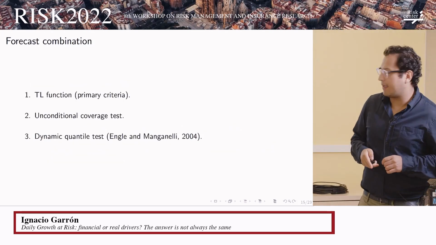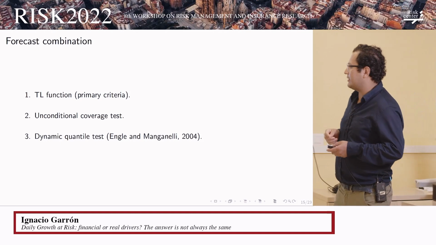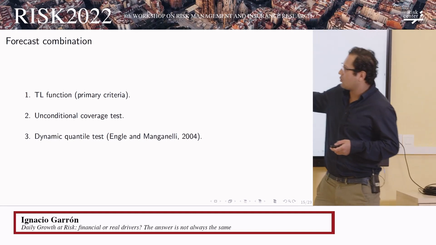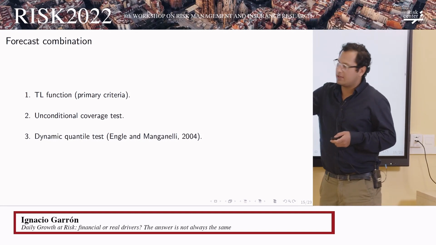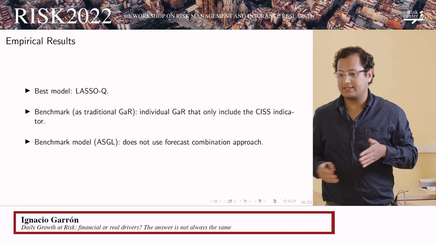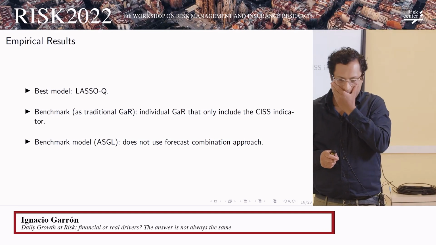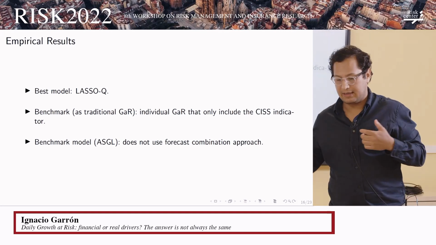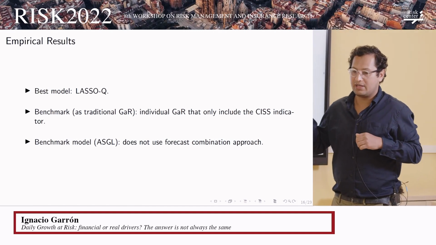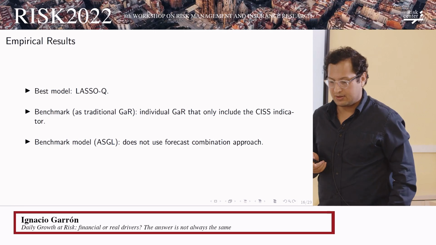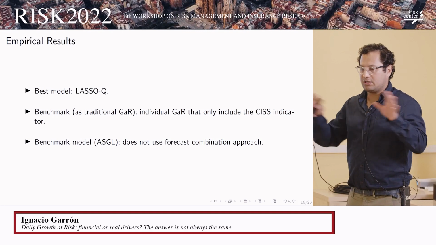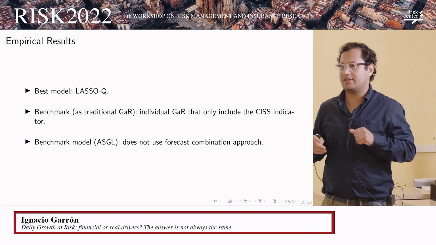Okay, so for the forecast combination, we use the T-close function, the unconditional coverage test and the dynamic quantile test, but I will only show you the main criteria. Moving into the results, the best model is the lasso quantile model. The benchmark model that we take as the traditional GAR model is the individual GAR model that only includes the systemic risk indicator, and the other benchmark is the adaptive sparse group lasso,